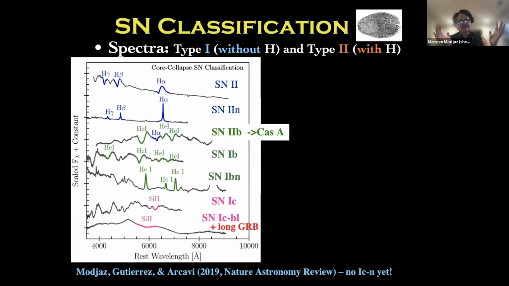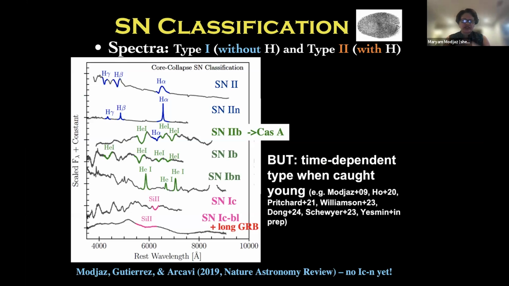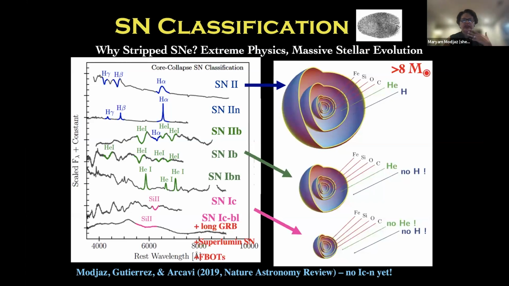And so just to remind us about the classification alphabet soup, for perhaps some of the Ia people in the audience and others, other kinds of transients and stars. Usually we use spectra, right? We usually, kind of Astro 101, we have spectra that we use. And what I will mention briefly is that they're actually time-dependent types. So all your beautiful classifiers and brokers that have these various subtypes, there is some caution, because some of these objects, especially now that we have data of young objects, we see that they change, and that's very interesting and related to their physics.